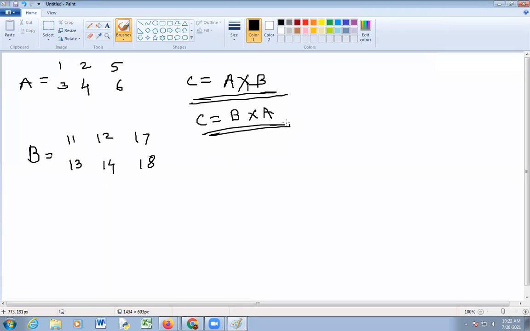Is it possible? First case is not possible. Okay. Check second case, possible or not possible? No. Not possible.